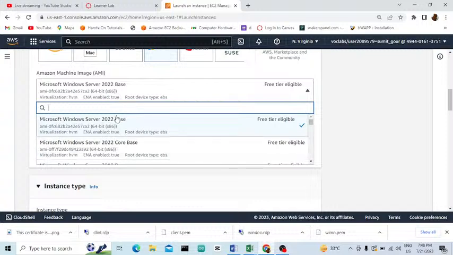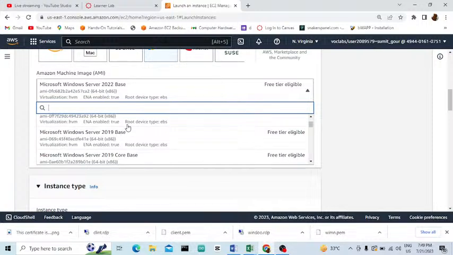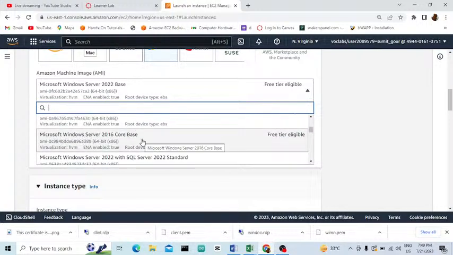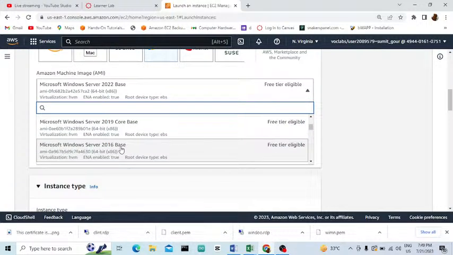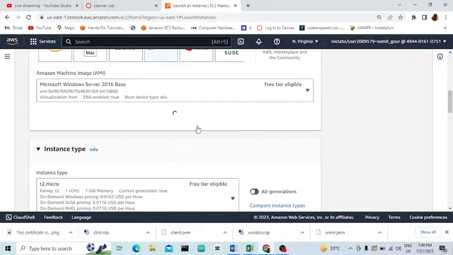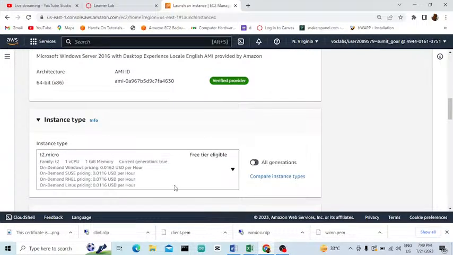There is the latest version 2022, but we are going to select 2016 because it's compatible and it's easy to use. After that we have to select the RAM